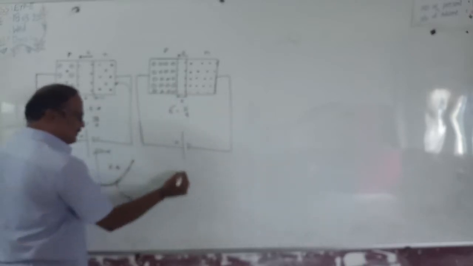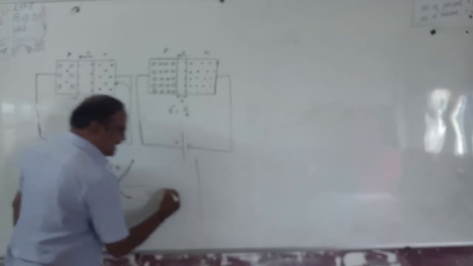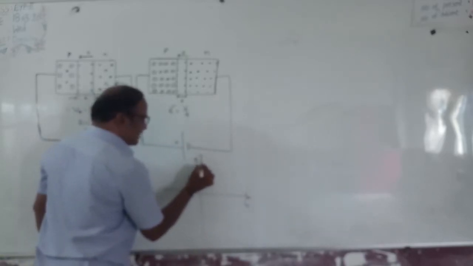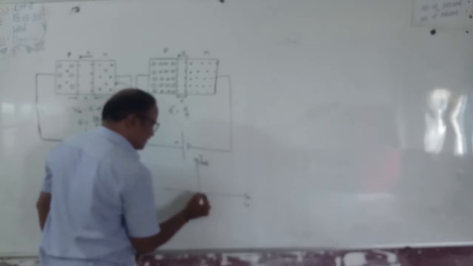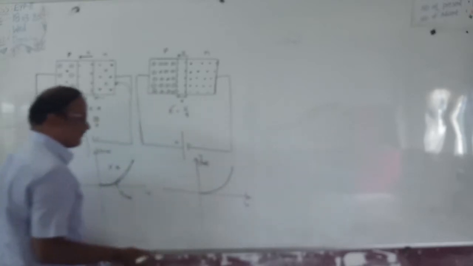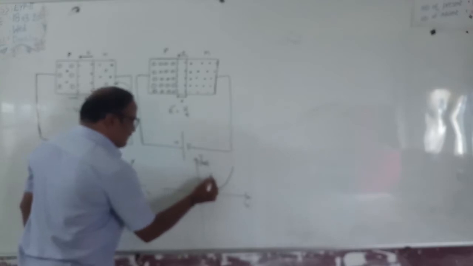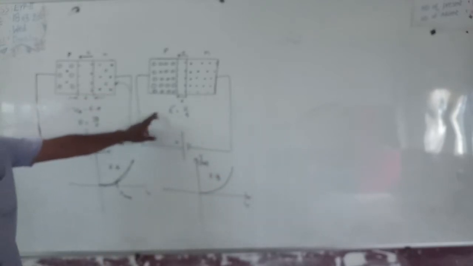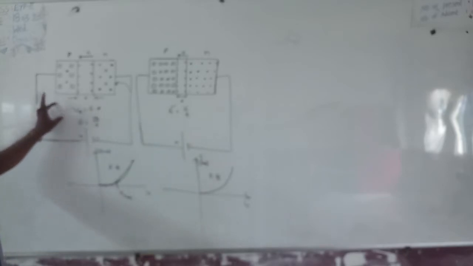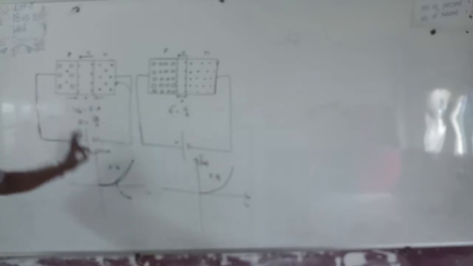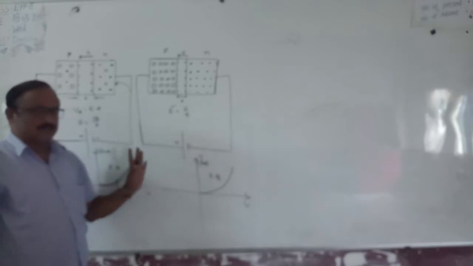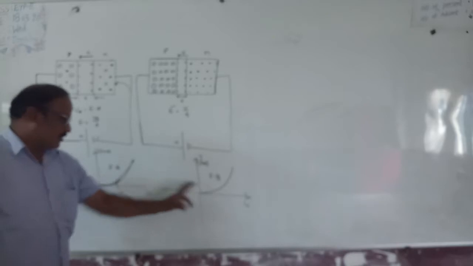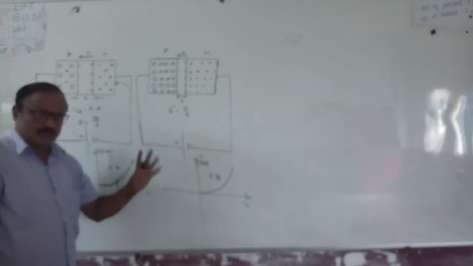As we increase the applied potential difference, here also a graph is drawn by taking voltage on the x-axis and current in milliamperes on the y-axis, such that the graph between V and I will be similar to the ordinary PN junction diode. This is a heavily doped PN junction diode, and this is the ordinary doped PN junction diode. That means the VI characteristics of both diodes are very similar. Maybe the knee voltage will be different in both diodes, no problem.